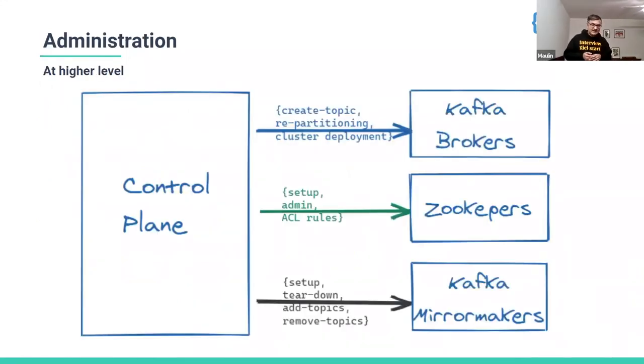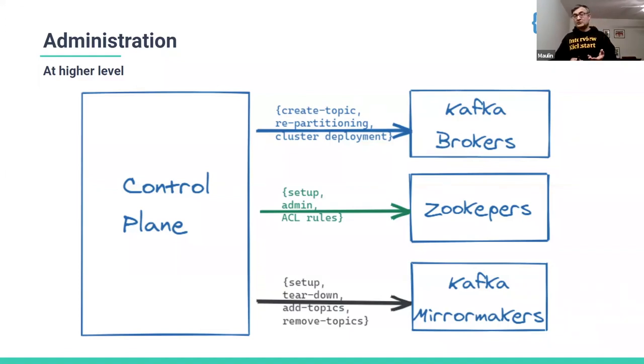This is the last slide of the presentation. What it talks about, at a very high level, is that as you grow your footprint of Kafka, as I mentioned, you are going to have clusters in different regions, even different geos, and then you have ZooKeepers to manage, and based on the solution for mirroring, you would have more boxes to manage. All of this, somehow you need to be able to manage cohesively, because you need to run admin commands like the blue line you see here, topic creation, repartitioning. You need to be able to deploy and spawn new clusters.